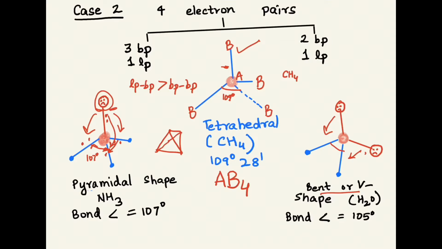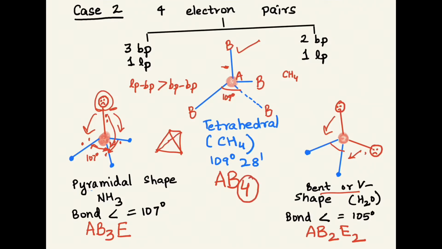Here we've got 1 lone pair of electrons. So that's an electron pair, and we will write it as AB3E. E stands for the lone pair of electrons. Only electrons, no other atom. There is no bonding there. Right? Whereas this, we are going to write as AB2E2.